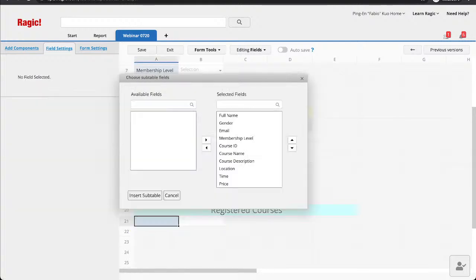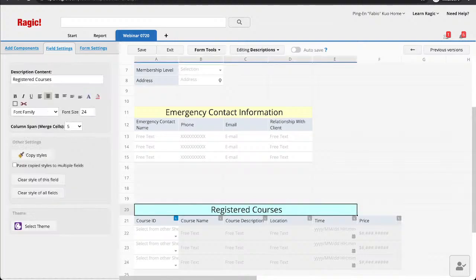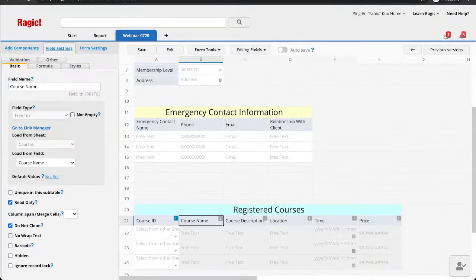Select the fields that you would like to display. I guess I don't need all the fields for gender, email, which was already there. Your email, membership level. And all you can do is insert subtable. There are 6 fields, so I'll make the column span a bit wider. Click on save.